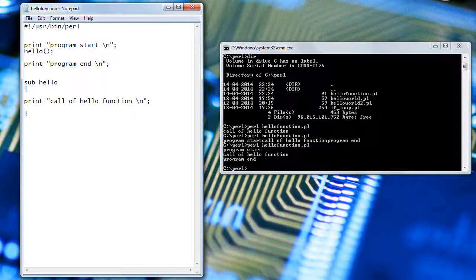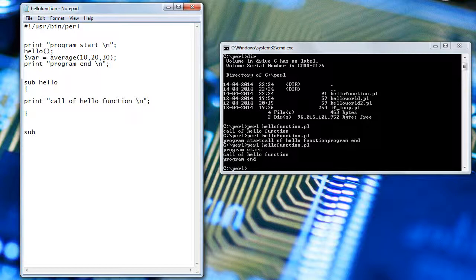For example, I will declare a variable and I want to get the average of three values, say 10, 20 and 30. I want to calculate the average of these three values, and here because I am using braces, this is a function call in Perl. I am using a function average and I am sending three values to the average function. Now I have to declare the function and write the body of the function also.